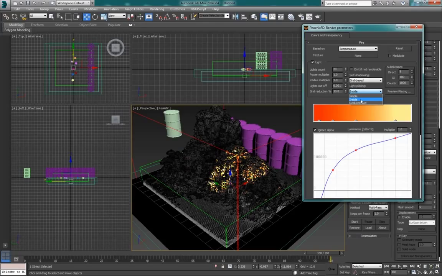And in order to cope with this problem, the new Phoenix now has the reduced grid light placing option, which will place the lights in a grid with a lower resolution. So here is the grid reduction. It will use by default 10% of the original grid, and this way there is no flickering even with a more dense smoke, except in the cases where you're just